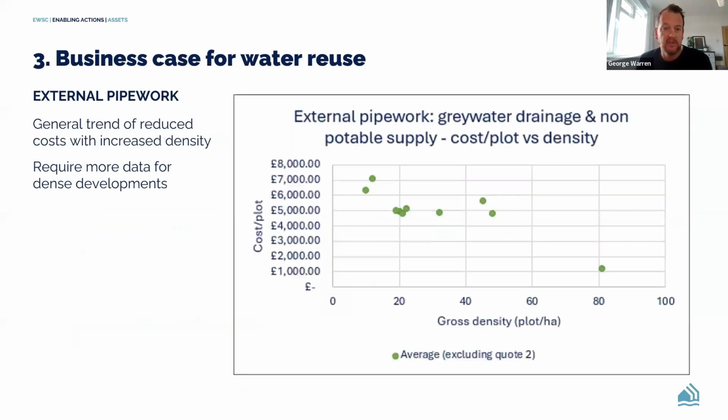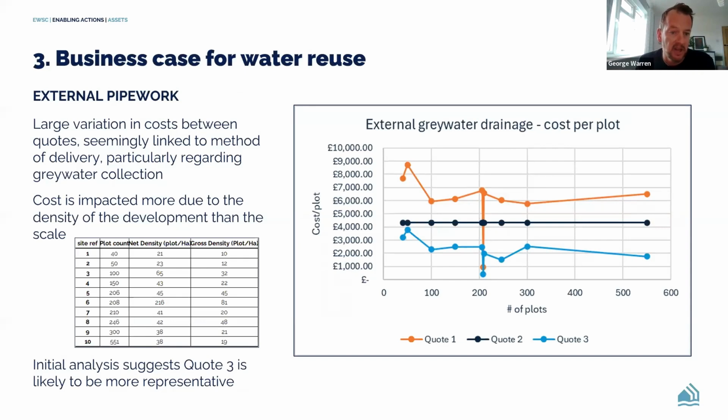is the lower band there, probably is more indicative of costs that would be borne out of civil contractors and the like. So if we went into the density side of things a little bit more, here's some preliminary findings around that. I think you can start to see there's a general trend of reduced costs associated with increased density. And if I just nip back to that, you can see on the table on the left-hand side there, quite the scale of increased density associated with that site.